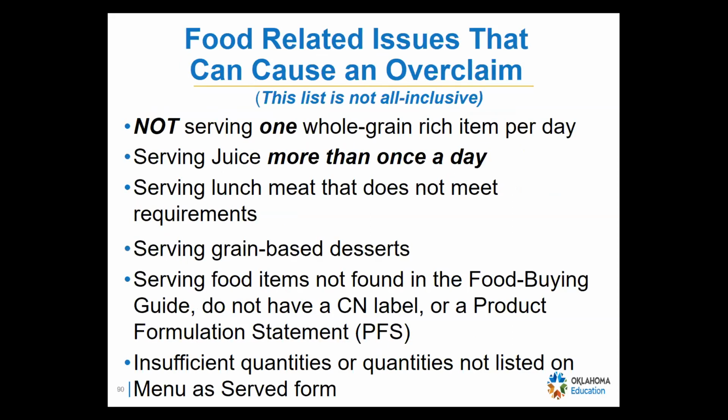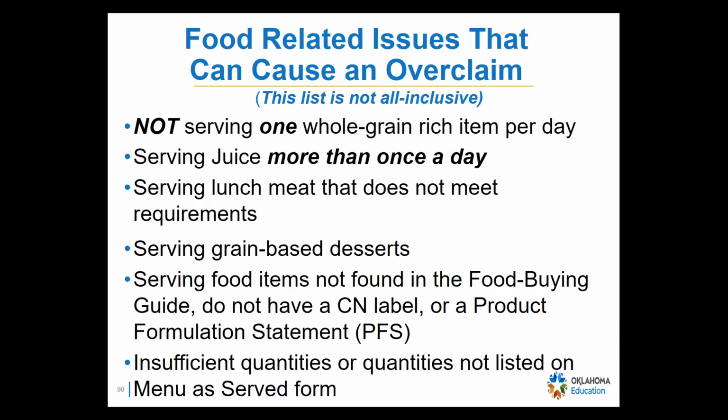But this is some food related issues that may cause an overclaim. If you're serving CACFP meal patterns and you don't serve that 1 whole grain rich item per day, or if you're doing school meal patterns and you're only serving supper, that 1 item has to be whole grain rich. We are taking back this year. It's been TA in the past, but this year, if you're CACFP, we are now taking back. We gave TA for 3 years, and so now it's actually technically 4 years. But now if you are not serving 1 whole grain rich item per day for CACFP, we will be taking